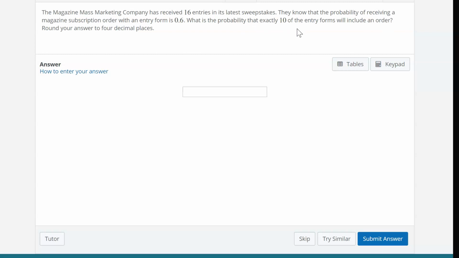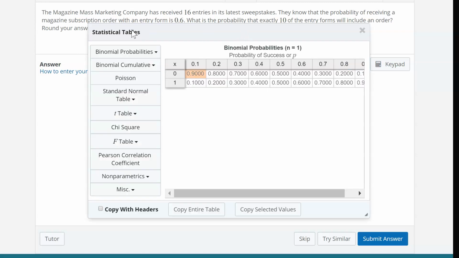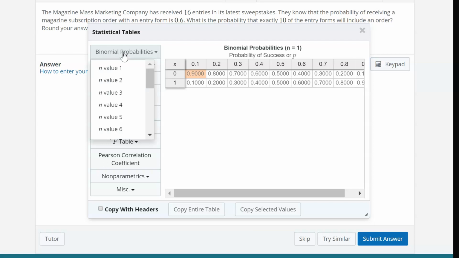So since we're in the case where we want exactly some number of successes, we can go to our tables, or you can use a calculator. Okay? There's nothing wrong with using a calculator to figure these out, but if you don't have a calculator that will do binomial probabilities, then we can use the tables. So since we want x to be exactly equal to some number, then we're going to use this binomial probability